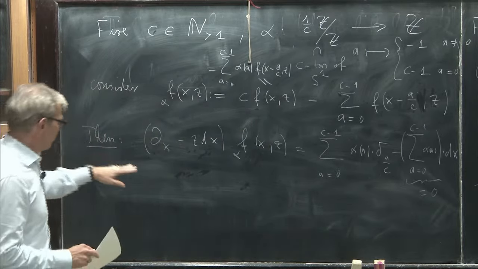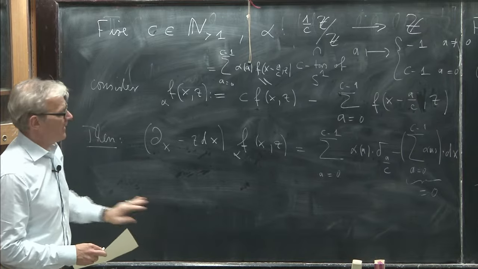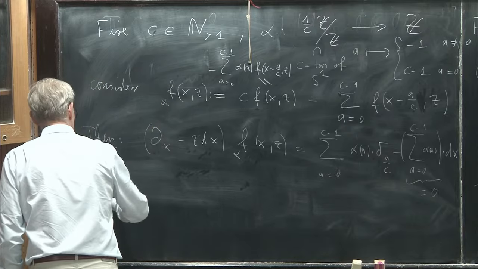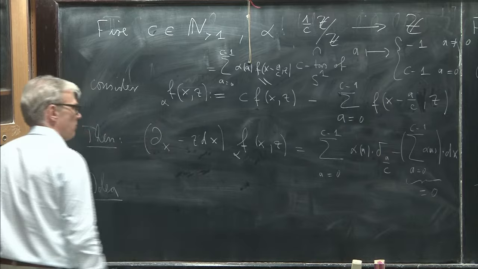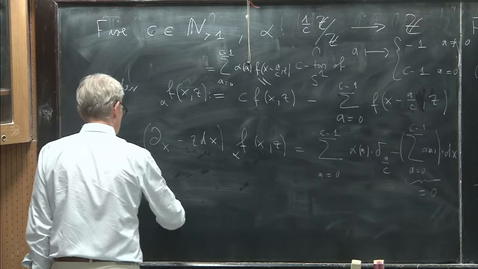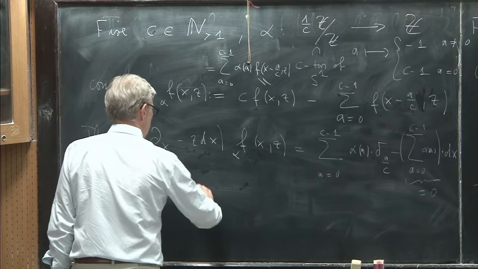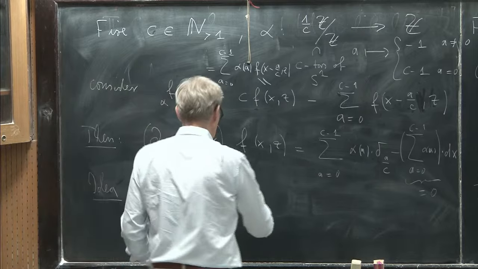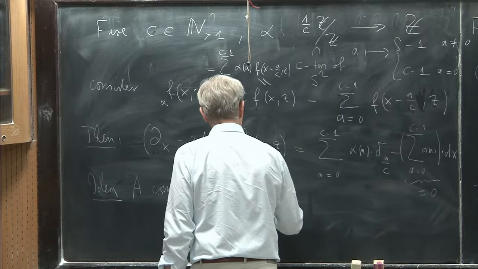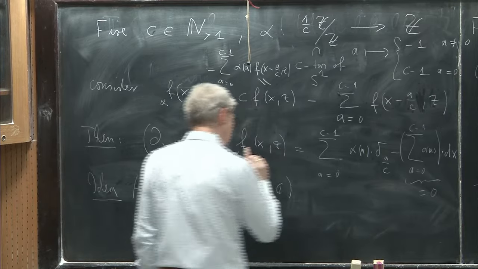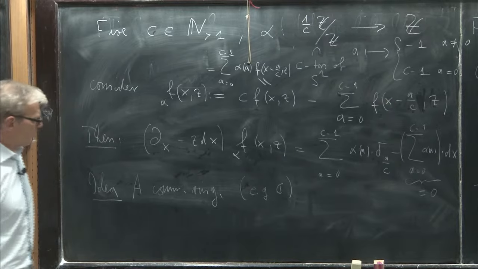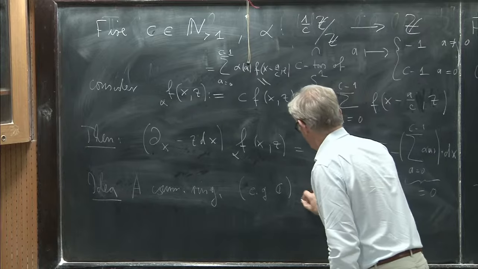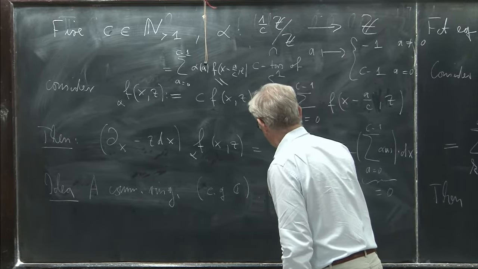Let me maybe write down the idea and then explain the idea in more detail. The idea is as follows. Let A be any commutative ring, first of all. For example, the complex numbers, but that will not be the most important case for us. And then we want to do the following. We construct